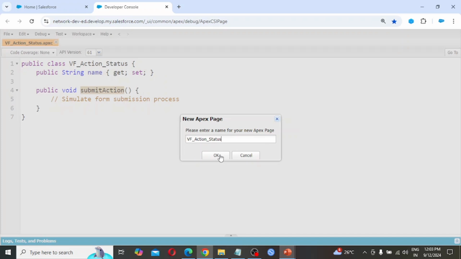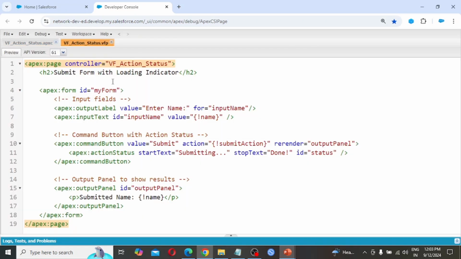Click OK. So in this Visualforce page, we are calling the Apex class VisualforceActionStatus by using controller. In the h2 tag, Submit Form with Loading Indicator, apex:form id myForm, input fields.